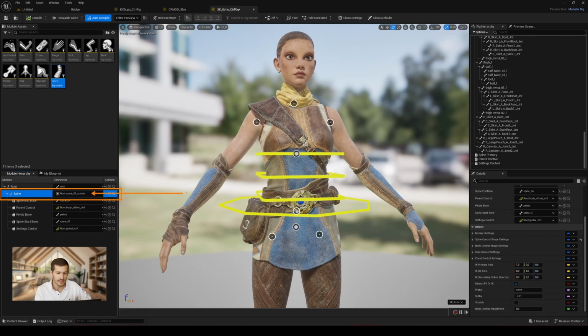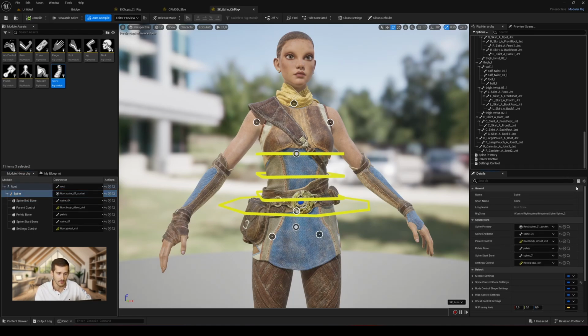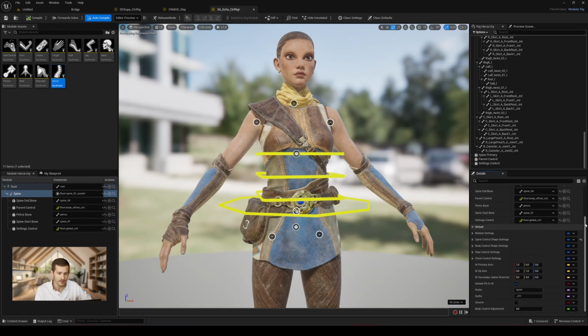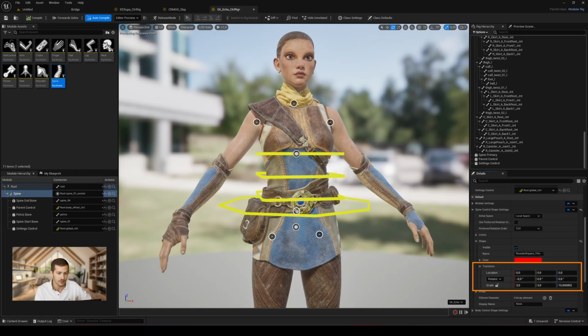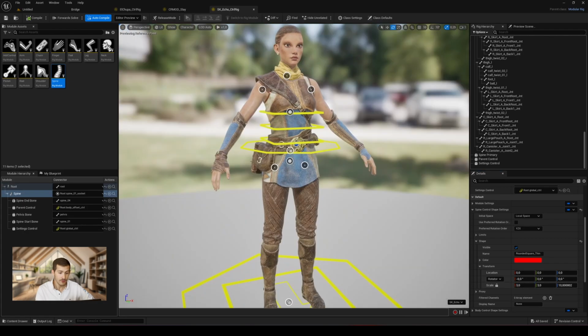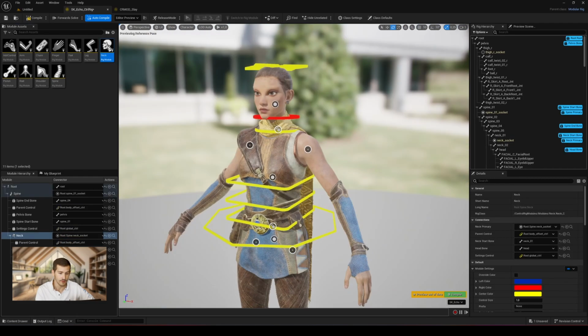You can do this by selecting the module to modify, for example, the one we just set up, the spine module, and accessing the attributes in its details panel here on the right. Expand the submenu Spine Control Shape setting, go to Shape under Transform, and now you have access to the transform of your control. The Spine module grants us access to new sockets to continue our modular control rig. From there, you'll be able to implement all the next modules.